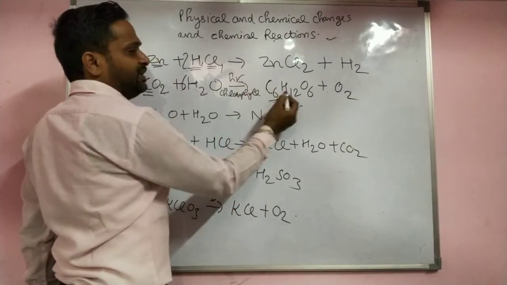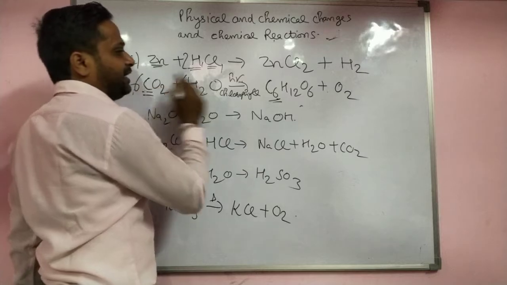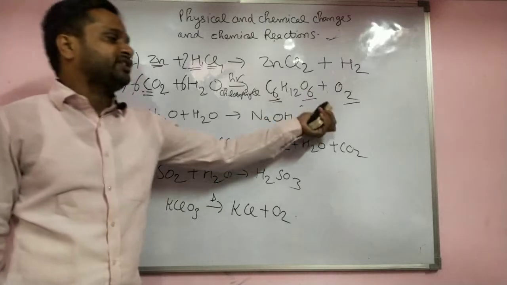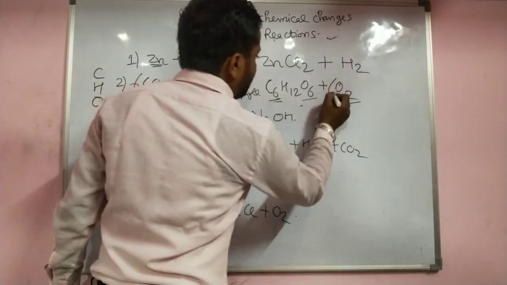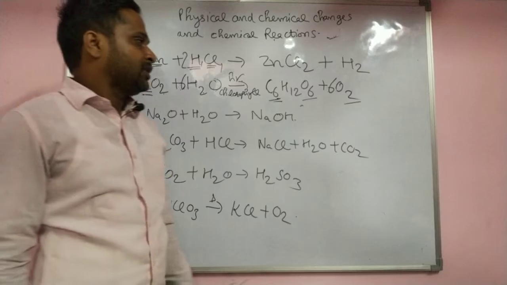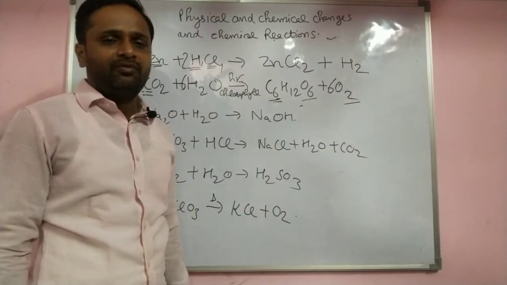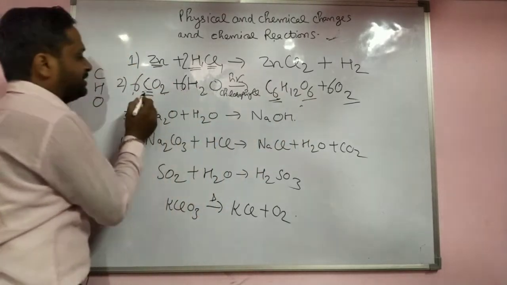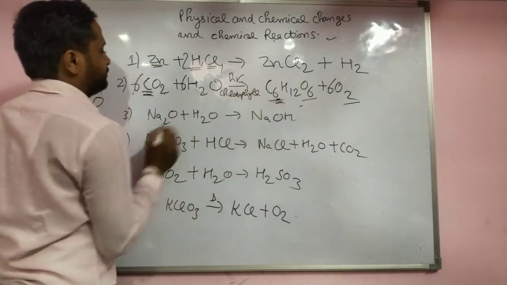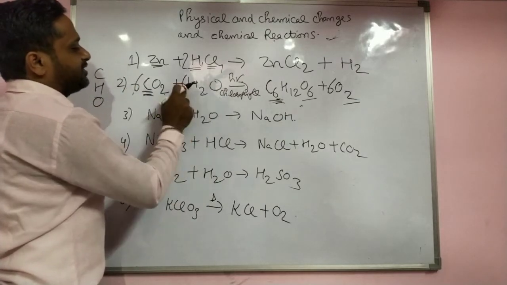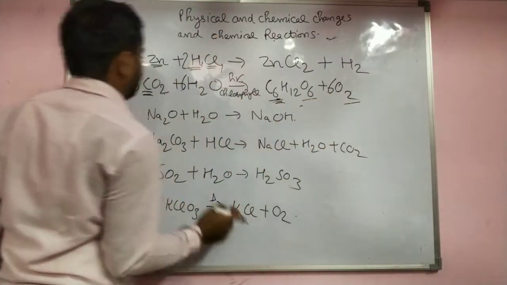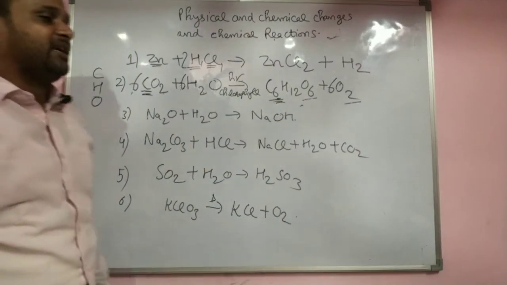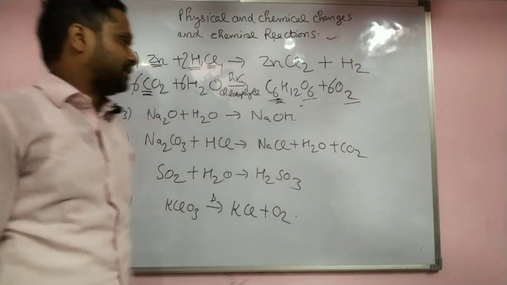Here I have already balanced oxygen 6 and 18. Here oxygen 6, here oxygen 2. So here you want oxygen 18 also. You multiply it with 6. Then you get 12 plus 6, 18. Very easy, students. So 6 here, now you check: carbon 6, oxygen 12 and 6, 18, 6 and 12, 18. Hydrogen 6 and 2, 12, and here also 12. So both sides are equal, that's why the equation is balanced.